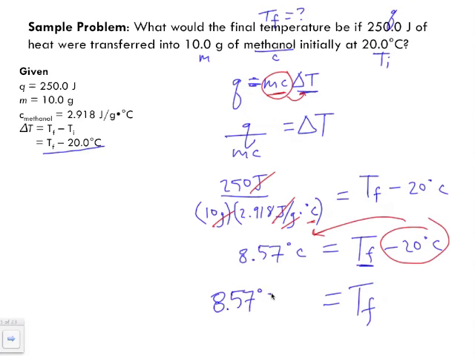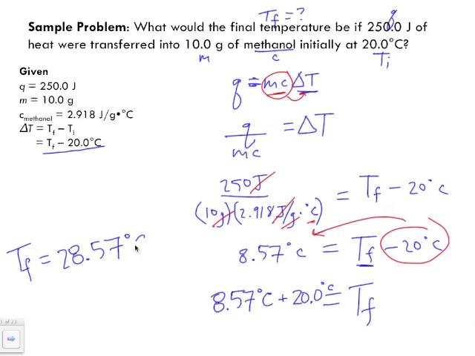8.57 degrees Celsius. I'm going to add it to 20. I'm going to put in my 0.0 degrees Celsius because that's really what we've got. Keep in mind now, because the final function is addition, it is based on the least number of decimal places in my question. Least number of decimal places in my question is 1 decimal place. So I'm going to make sure that my answer is also going to have 1 decimal place. So TF is actually going to equal 28.57